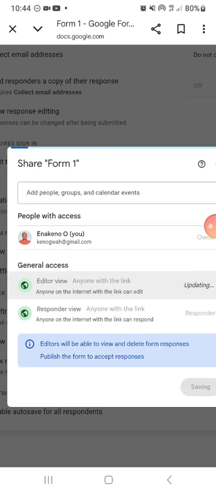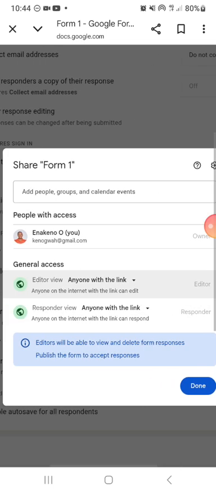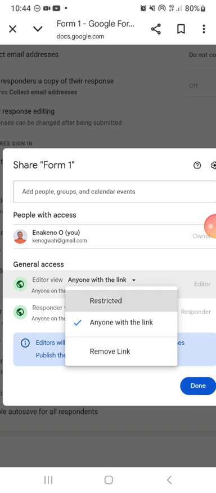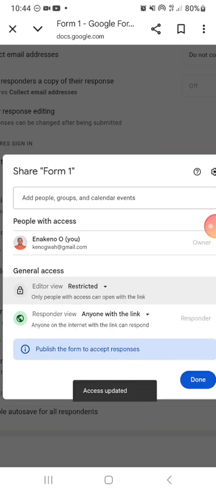So anyone with the link will be able to edit this form, anybody that has the link. But if you don't want them to edit, you want them to just respond, all you need to do is restrict the editing access. All right. Then now, if you want to invite somebody to this form, for example, you're working in a team